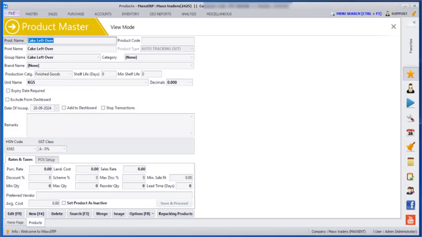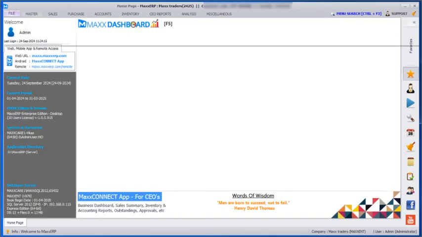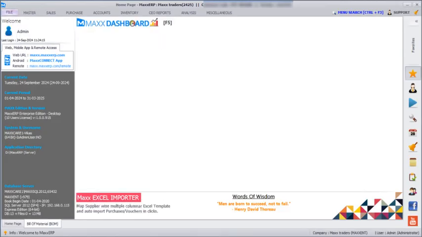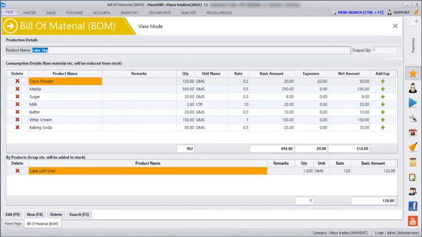Next, you have to make some purchases. After making purchases, we'll go to Masters, Bill of Material. So here we have to enter the final product name, that is for me it's cake 1 kg, and here you have to mention the output quantity, which is the minimum batch quantity you would sell. And here we can mention the ingredients or the raw materials which are used for making cake of 1 kg